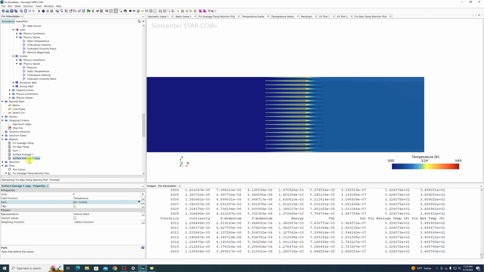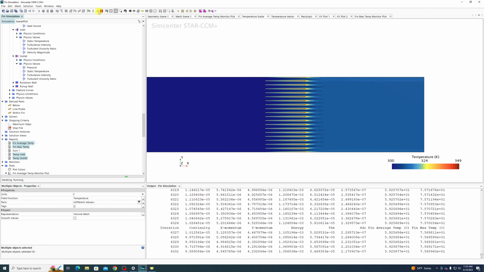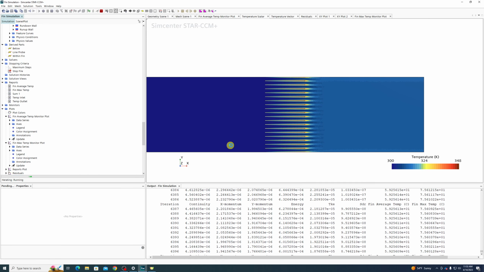Inlet and outlet temperatures are good ones to keep track of because those are your bounds, right? You know what's happening at the inlet and the outlet. You can cross-check that, oh, hey, yeah, you are actually adding 2,000 watts or whatever to the system. Temp inlet, temp outlet, and I'm actually going to change all of these to Celsius instead of Kelvin. But yeah, if we create a monitor plot from this,